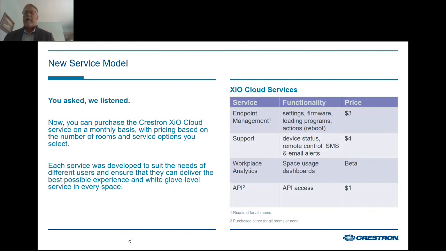So in my mind, I really felt like this opened up XIO Cloud to higher ed specifically. If you add it up, the advertised price, $7 a month, it's $84 a year per room. I know that ongoing service fees maybe don't fit the budget, or they may fit the budget, may not fit the model. So one of the schools that I deal with here in Indiana, I've set them up to the